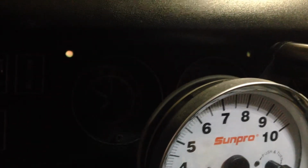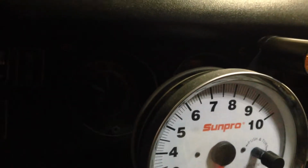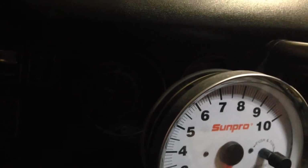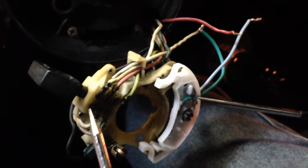Alright, I got a '70 Roadrunner. I'm having some blinker issues. Currently have the hazards on right now. I got the column all tore apart here. On each one of these little terminals I have,